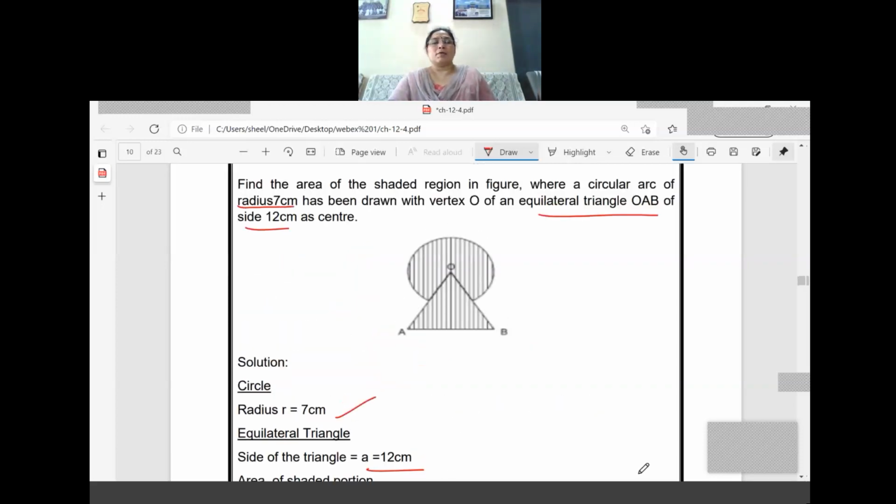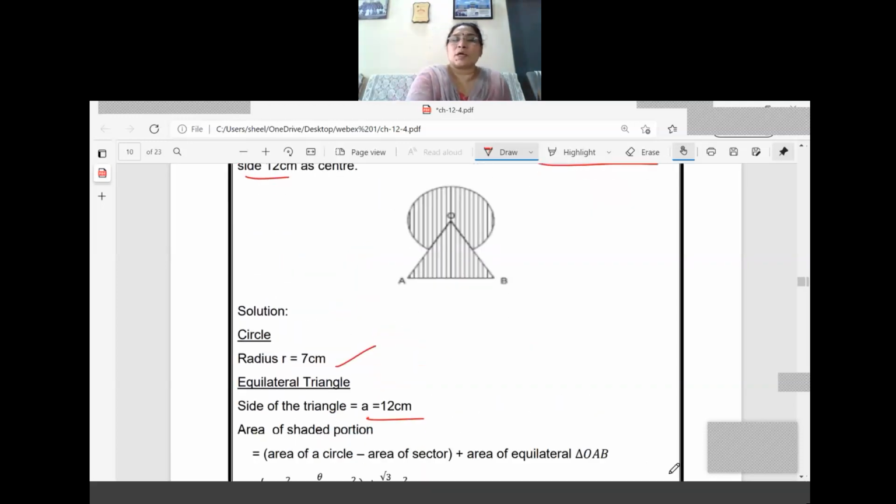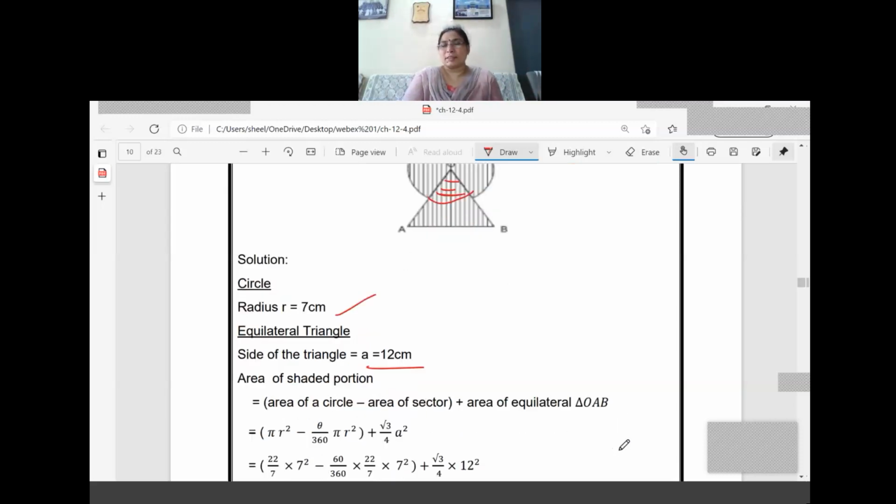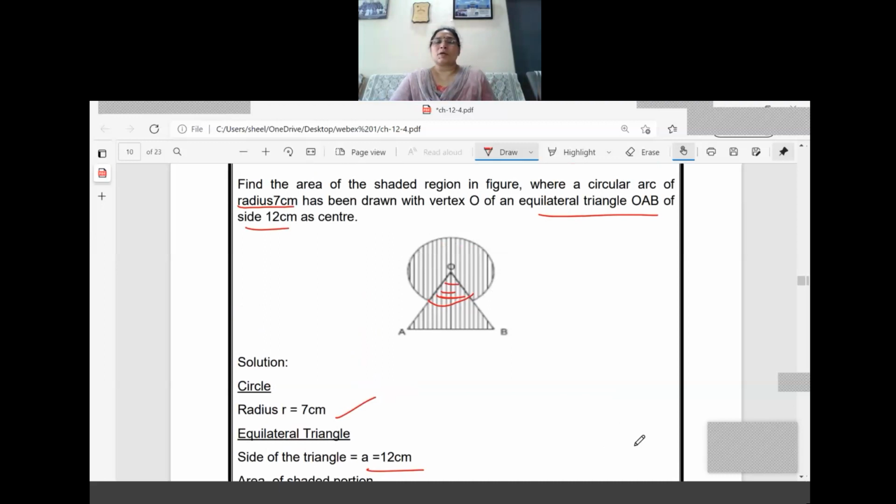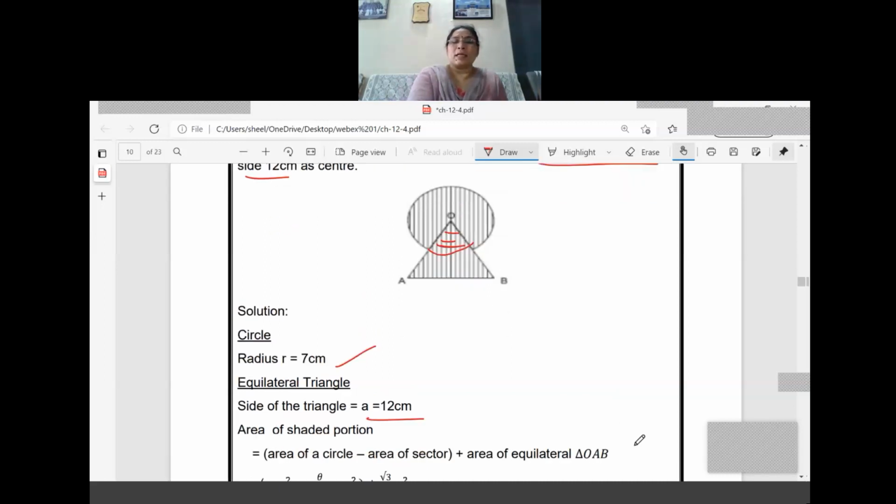Now listen, area of the circle means this part is also coming, right? Which is a sector there, and when you are taking the area of the equilateral triangle also, that is coming there. So two times it will come. So what we are doing means area of the circle minus area of the sector. That means area of the major sector also we can use. See that all of you here, area of the circle, if you are calculating the shaded portion, it is also coming in that, and area of the equilateral triangle also, if you are taking the shaded portion, is also coming.